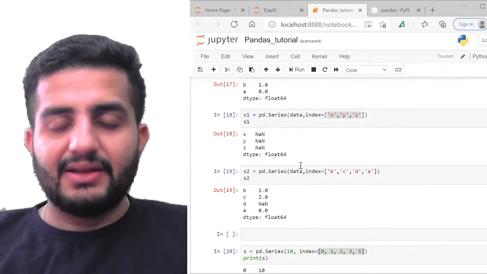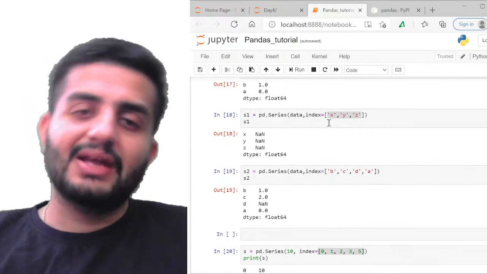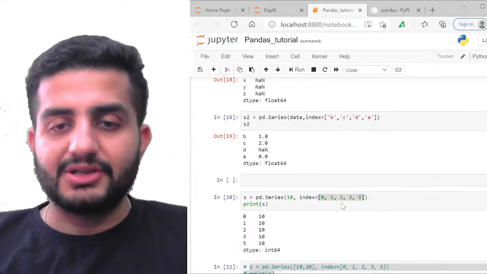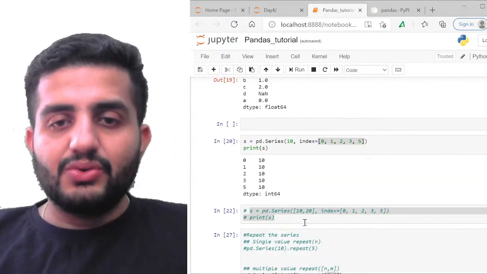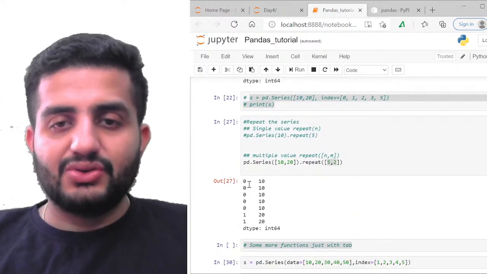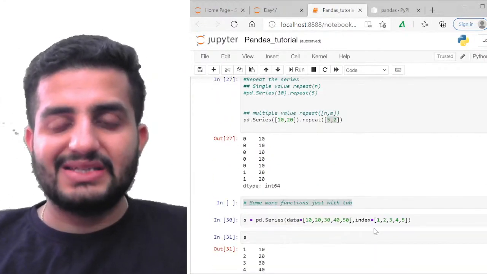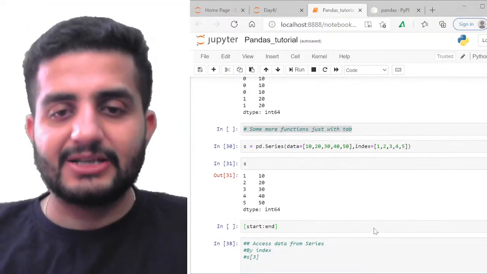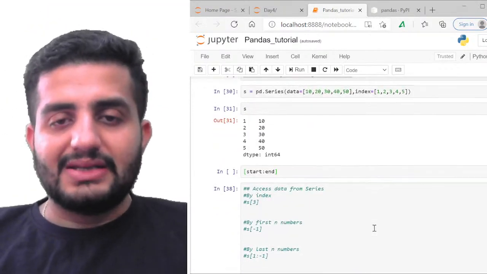And the indexing is very important. If the index is not there in the dictionary, it will be marked as null data points. And you also understood how to reset the index. If you use reset index, you can reset your indexes as well.